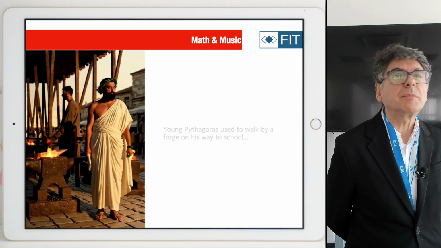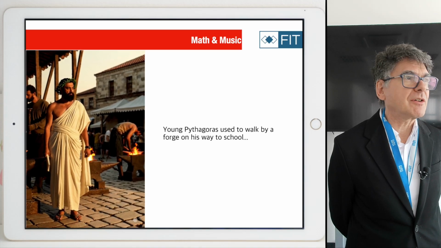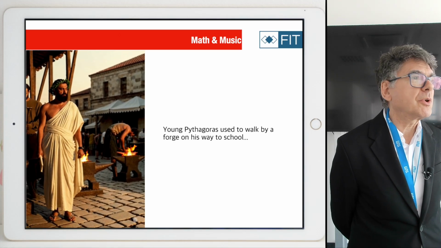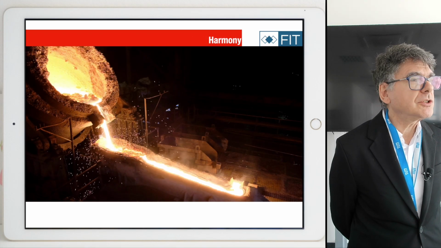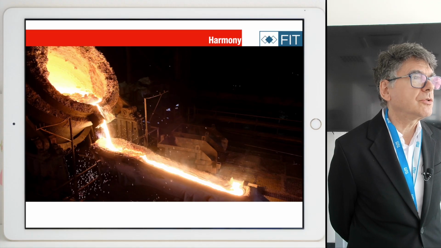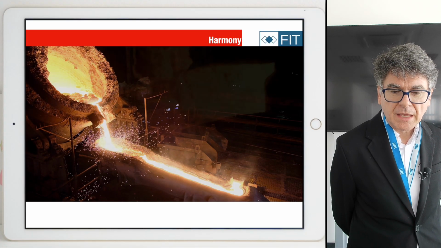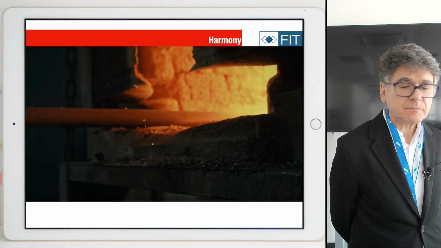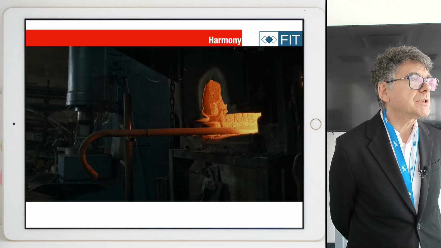So I want to tell you a little bit about music so you understand that. And this is Pythagoras. Have you heard of this name, Pythagoras? So you probably know him because of his theorem, right? Yes, but he also did something very interesting. He used to walk to his school every day. He had the Pythagorean school, and he walked in front of a forge that was making iron rods, which were hit